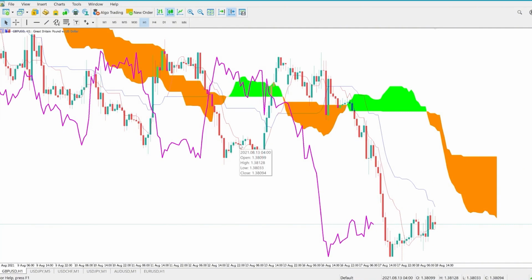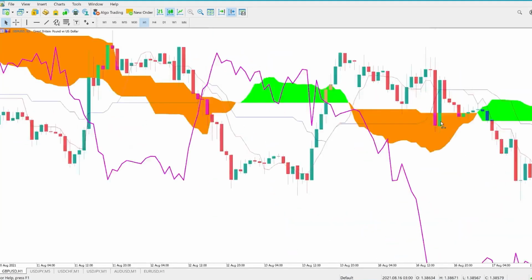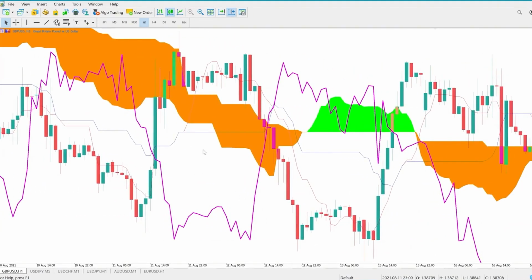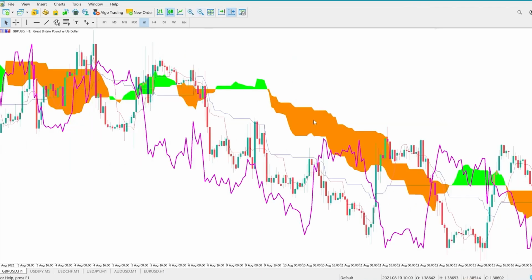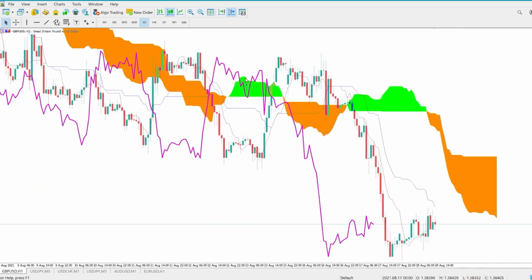The behavior of the Chiku span with the Kumo cloud is similar to its behavior with the candles. If the Chiku span starts moving and breaks through the cloud completely, like here where it moves up from below the cloud, we can see that it leads to an upward trend. Conversely, if the Chiku span breaks downward through the cloud, as seen here, it indicates a downward trend. So whether the Chiku span breaks through the candles or the cloud, the trend will generally follow in